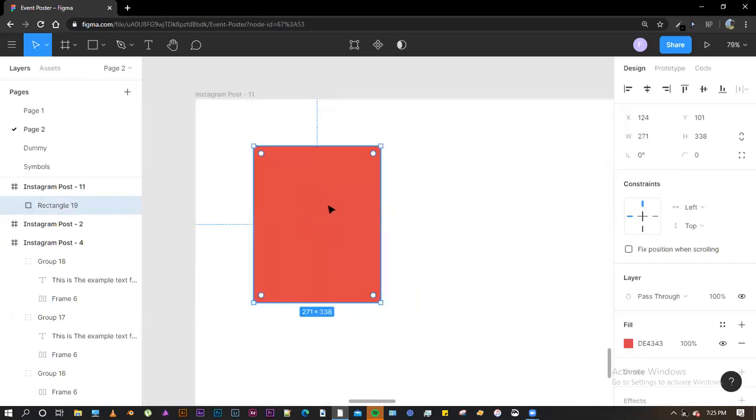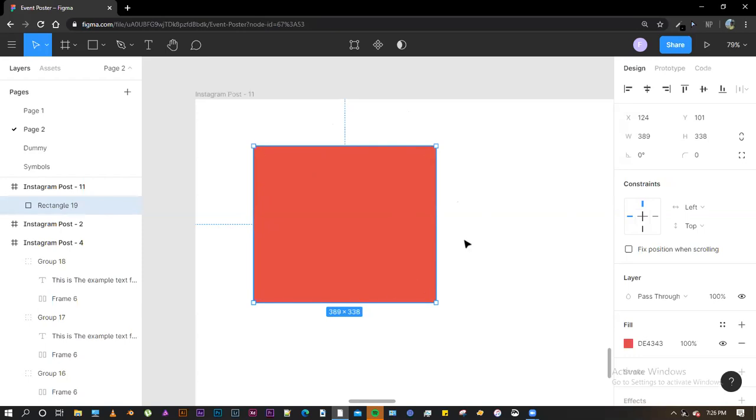And now if I want to change the width of this rectangle, I would hold down the command or the control key and then hit the right arrow, which would increase the width by 1 pixel. And if I hold down the command or the control and the shift key, it would increase by 10 pixels every time I hit the right arrow. So one of the things that you should know is this top edge and the left edge remain fixed. So the width and height only decrease and increase from here or from here when you're using the shortcut.